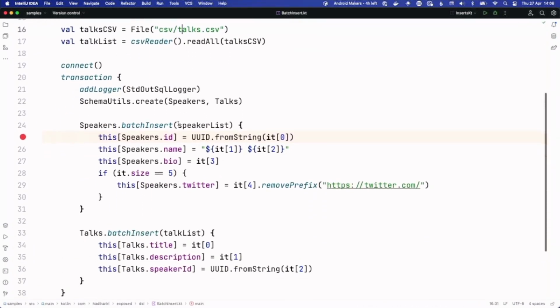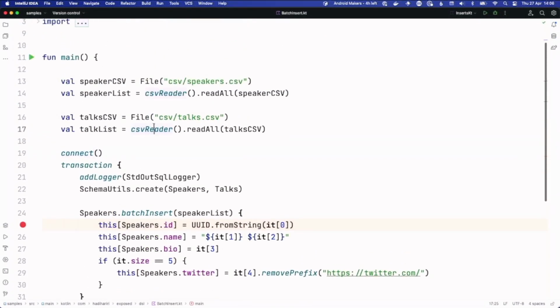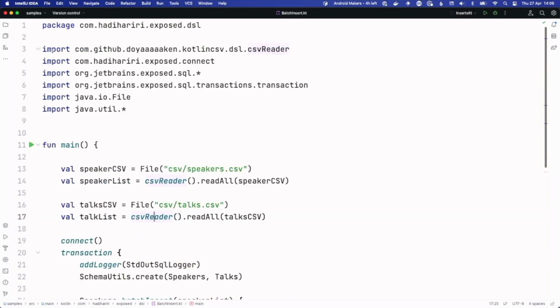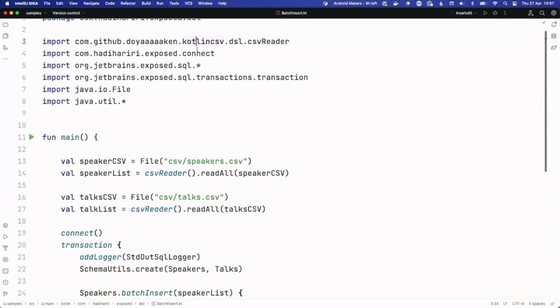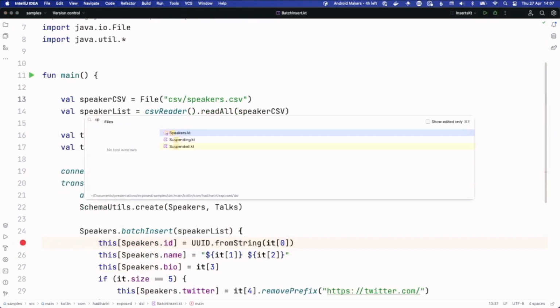So I have my connection as we saw before. This is just a library that I'm using, something I found on the internet, which is CSV Reader, which is essentially taking these files that we have, which is speakers.csv,